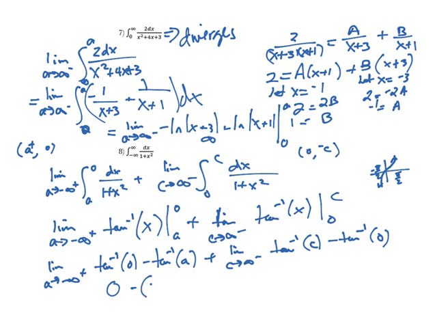So that's going to be negative pi over 2. So it's going to be minus a negative pi over 2. Plus, it's going to be positive infinity at positive pi over 2 minus 0. So that means I'm really just adding 2 pi over 2, so I get pi for my answer, which tells me that the integral from negative infinity to infinity of dx over 1 plus x squared is, in fact,